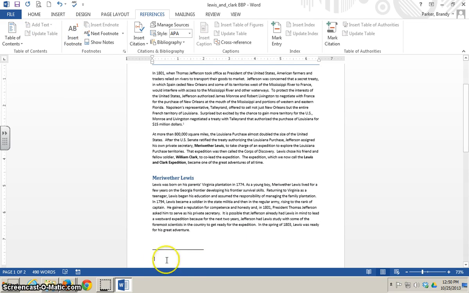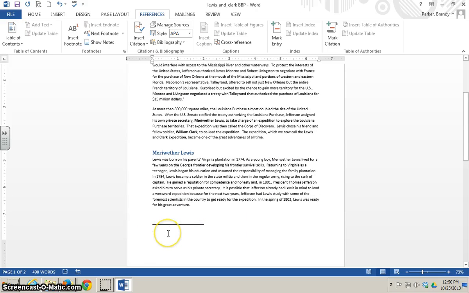Now you'll notice that it places a 1 here at the end of the sentence where we told it, and down here at the bottom where the number 1 is, that's where we're going to type in that extra information. A lot of times it is a citation for where you got your information, or sometimes a definition. We're going to type in the information on page 84, John Kukla, a wilderness